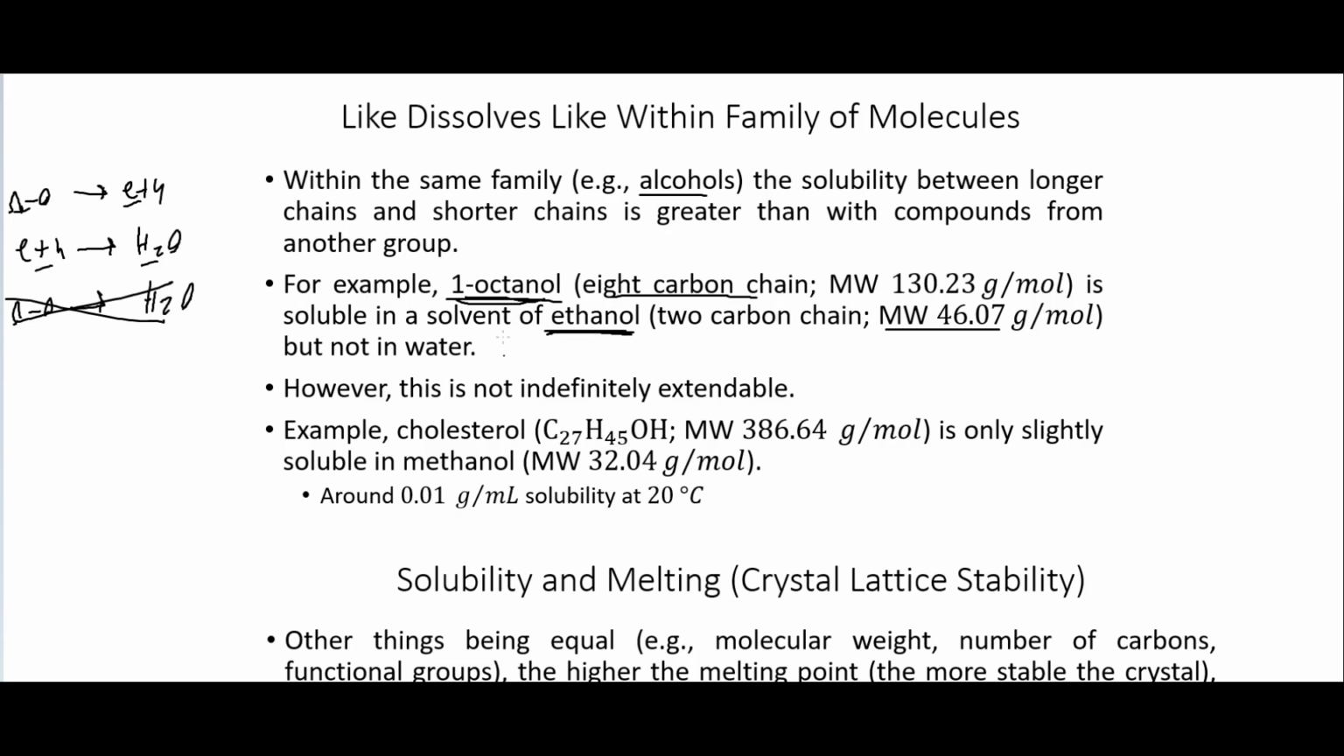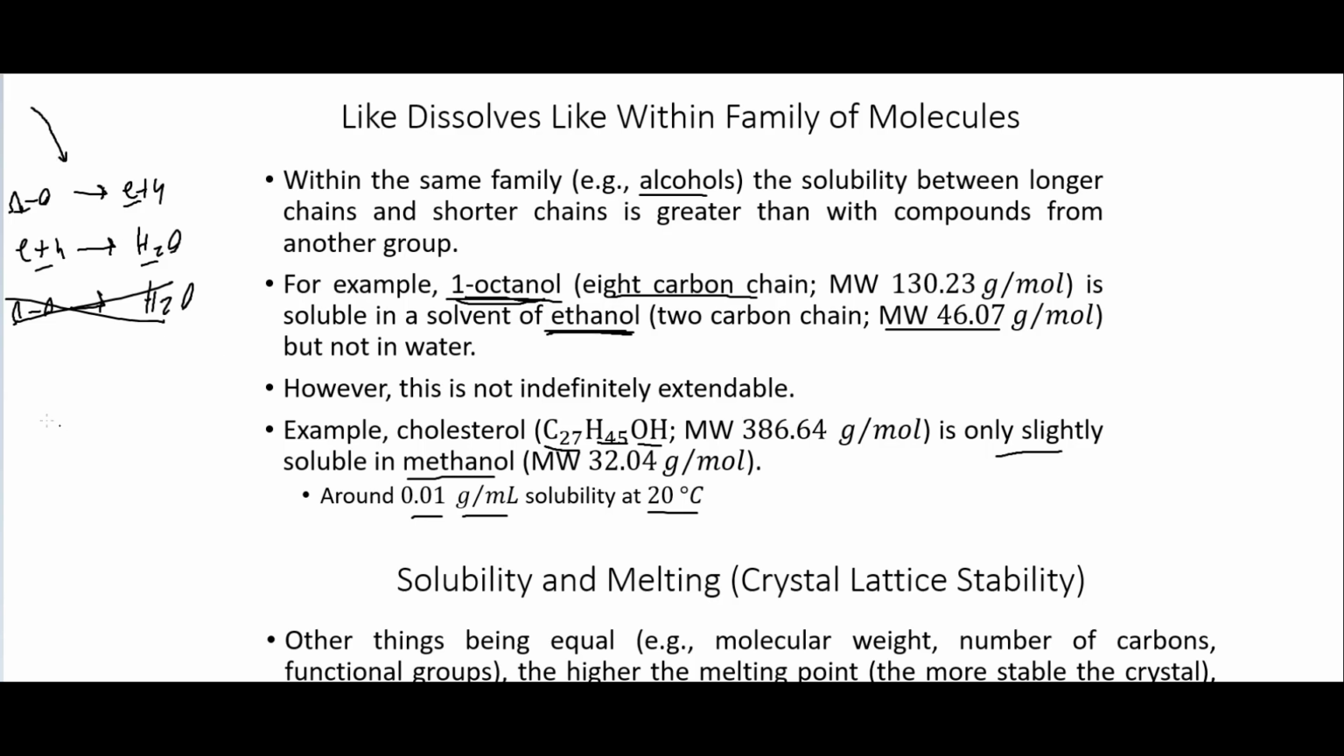This, however, is not infinitely extendable. For example, a very large alcohol like cholesterol, which has C27H45 and then a single alcohol group on it, is only slightly soluble in methanol, around 0.01 grams per milliliter at 20 degrees Celsius. But the idea is that within a family of molecules, such as the alcohols, you do get this sort of extra solubility occurring